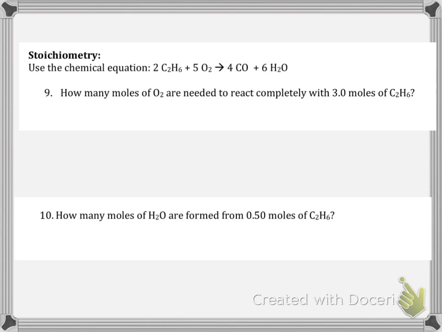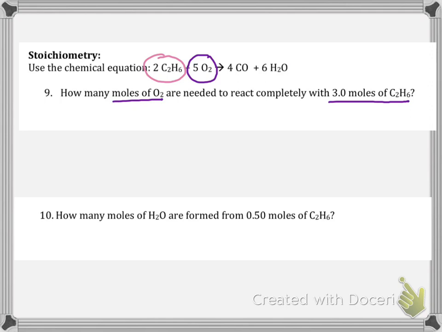Now the last part, stoichiometry, really involves kind of both things, using balanced chemical equations and the relationships that you have in a chemical reaction. So the coefficients can tell us the relative number of each type of moles, and so this is very important in these types of problems. So looking at this problem, it says how many moles of oxygen are needed to react completely with 3 moles of C2H6. So here I find oxygen in my equation. And so I find